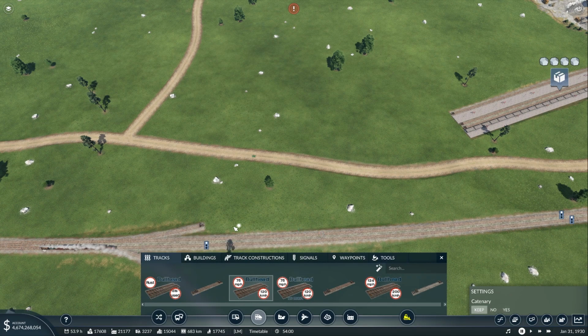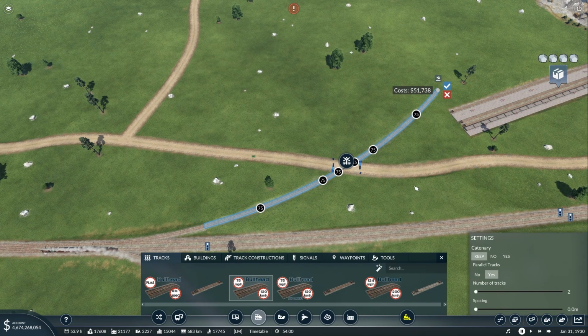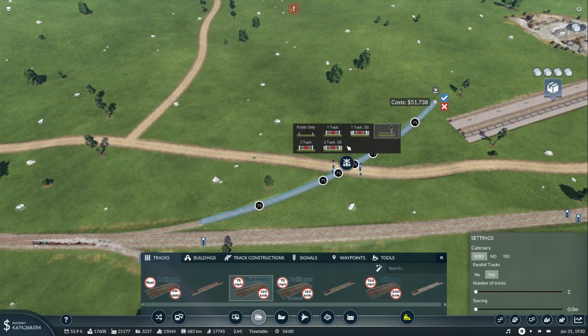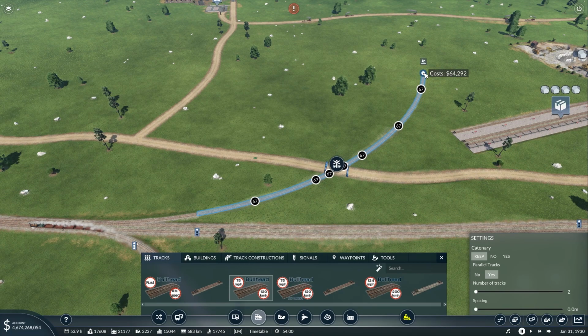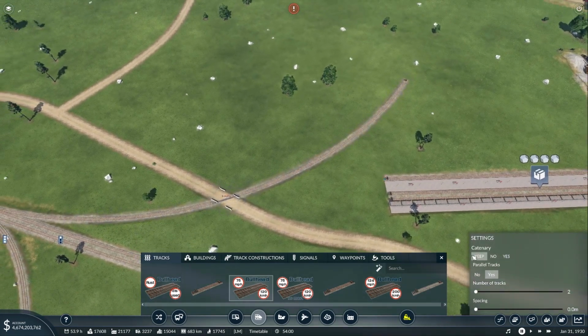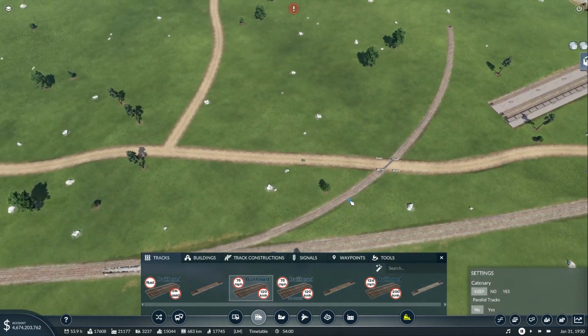We're going to have no to that. And then I also need to turn this into parallel tracks. There we go. We also need to do this because it's a main line. I'm just going to bend you around like this. There. We're then going to unparallel track this. And we're going to... Actually, that didn't...